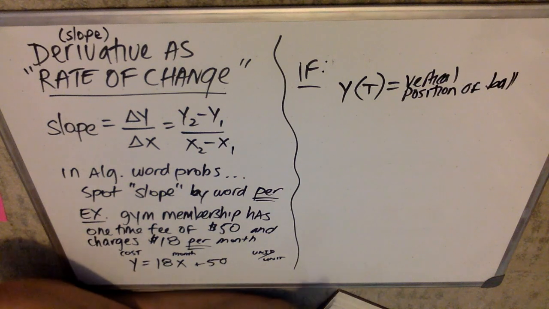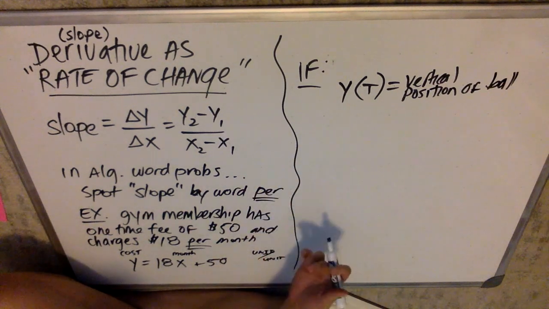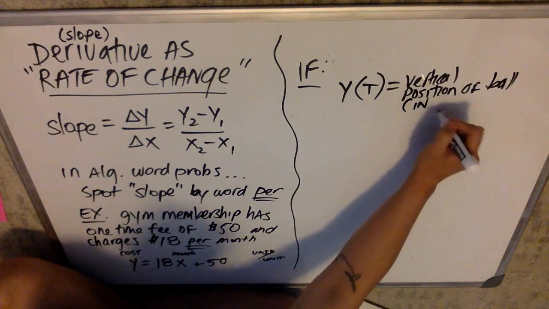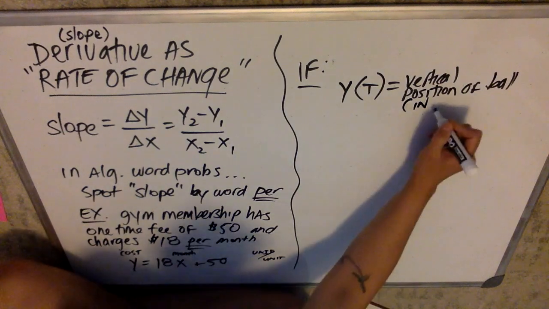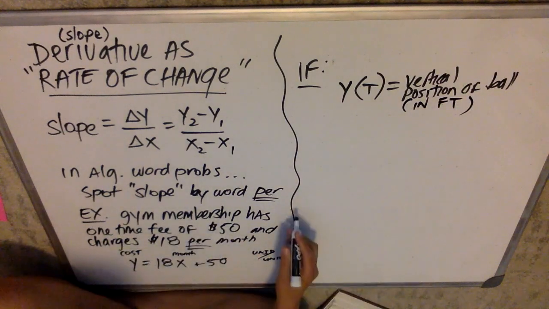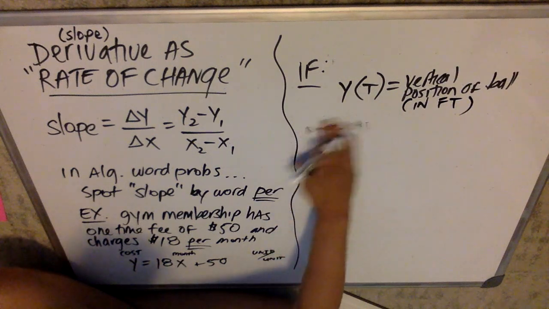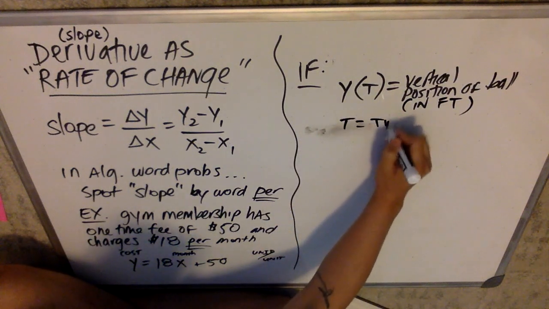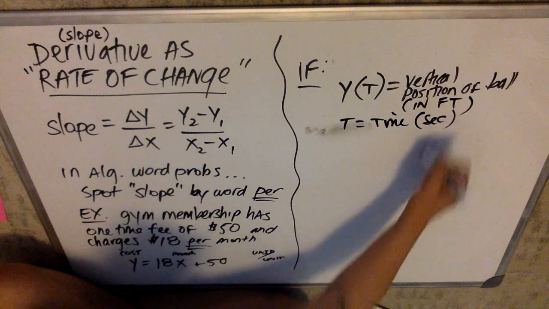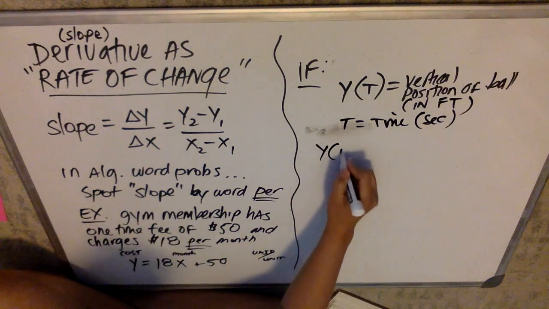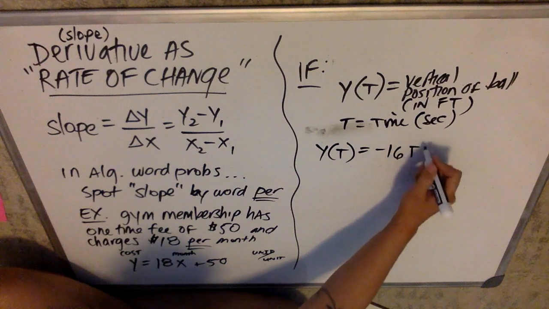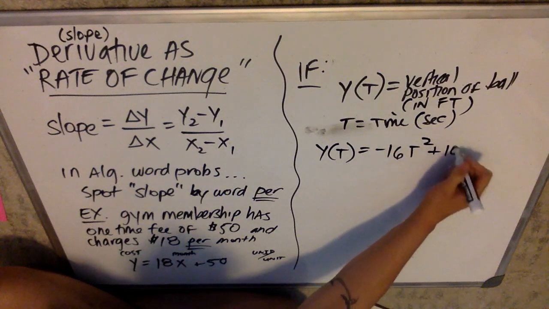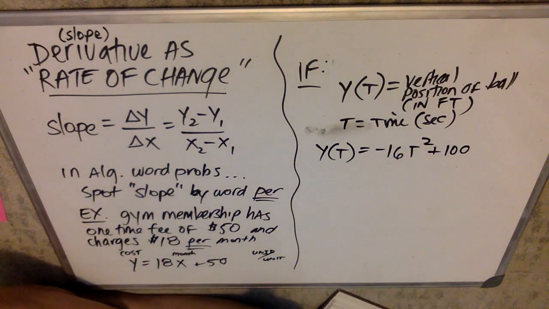So if I give you that y of t is vertical position, and let's just say that it's in, I don't know, we'll say feet. And we'll say that t equals time in seconds. If I tell you that y of t is negative 16t squared plus 100,